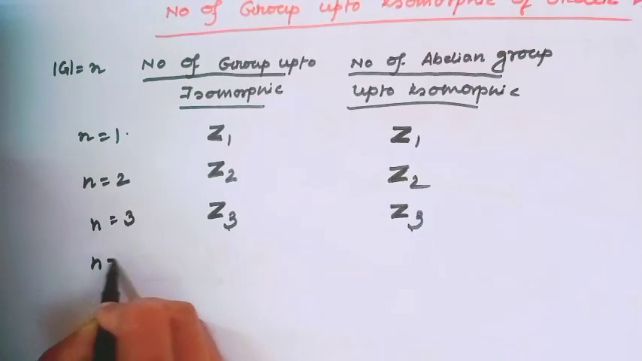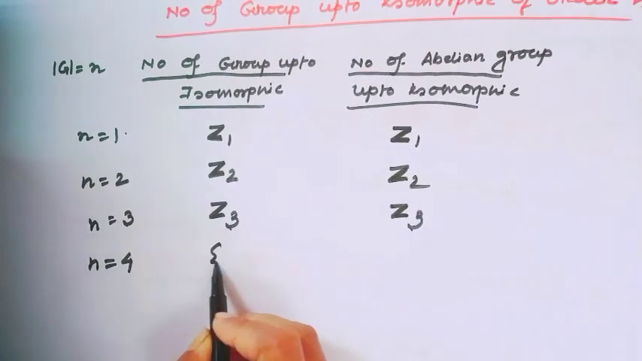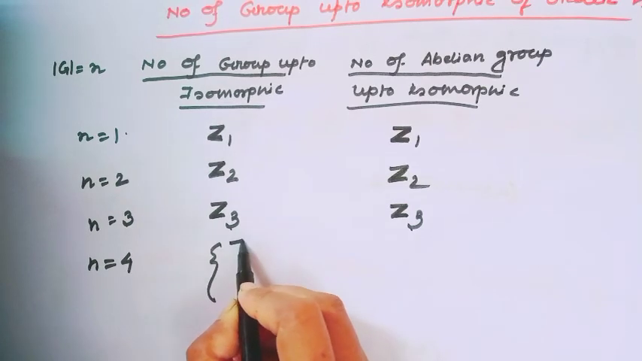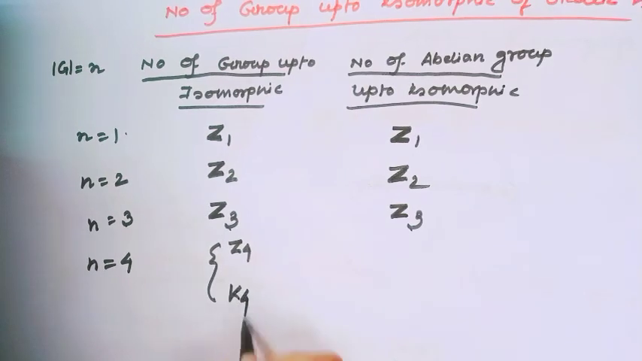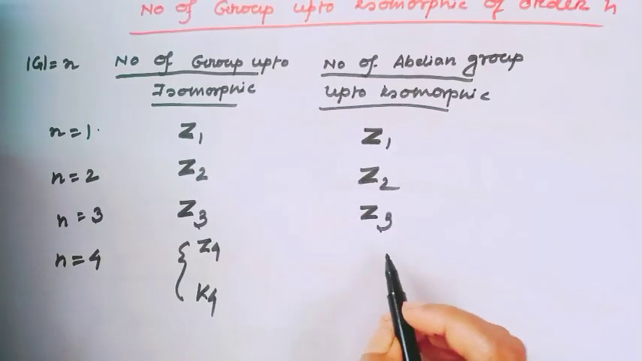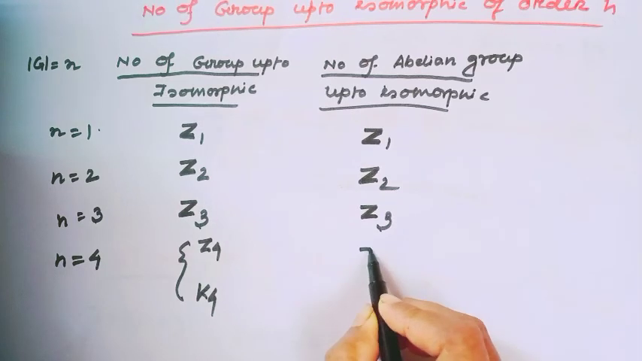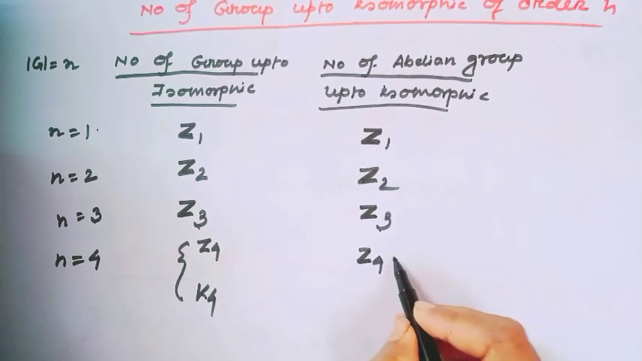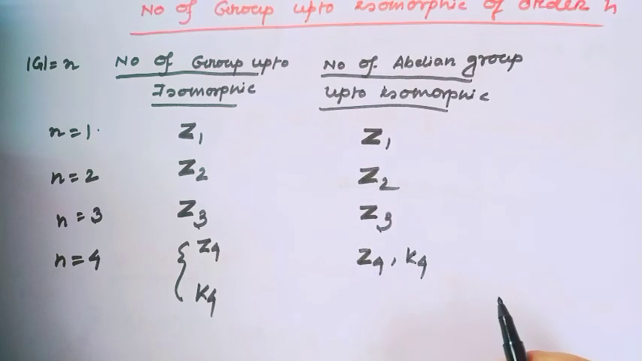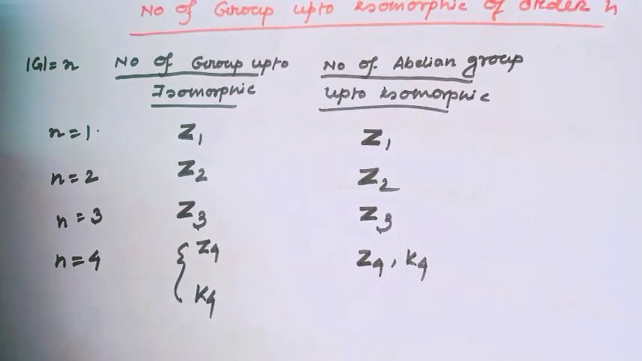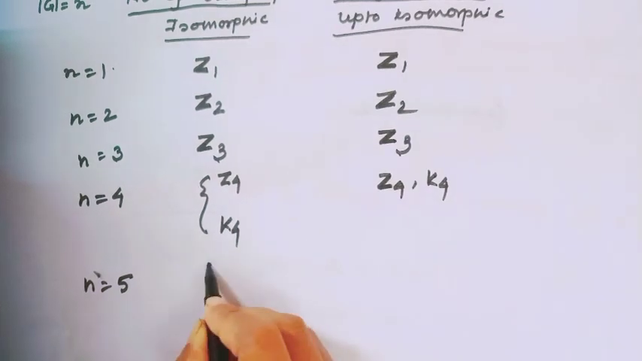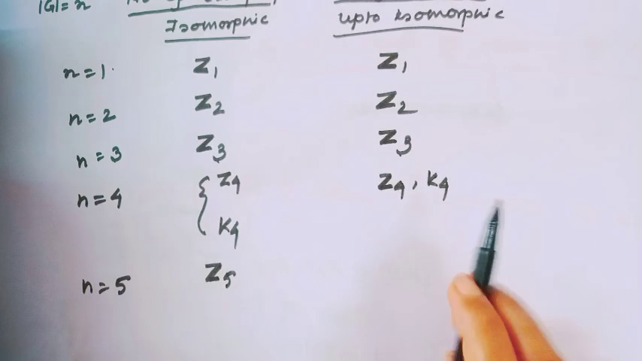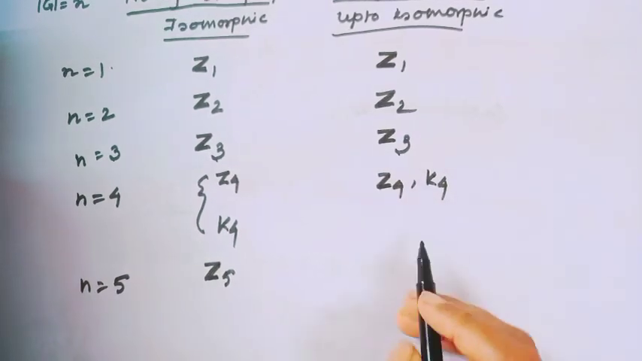And when n equal to 4, there exist two possibilities. One, Z4, which is cyclic, and other is K4. And number of abelian groups up to isomorphism, one cyclic, which is also abelian, and other K4, which is abelian but not cyclic. For n equal to 5, since this is a prime number, the number of groups up to isomorphism is only Z5 and number of abelian groups up to isomorphism only